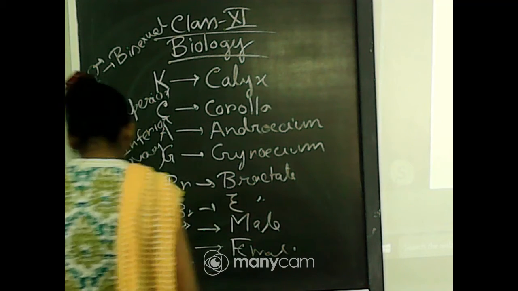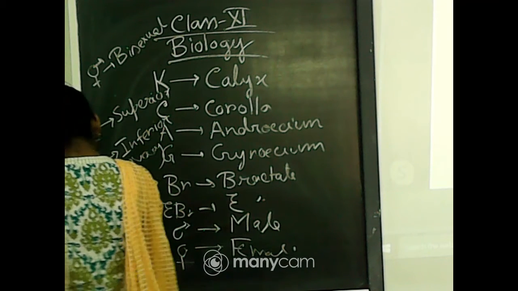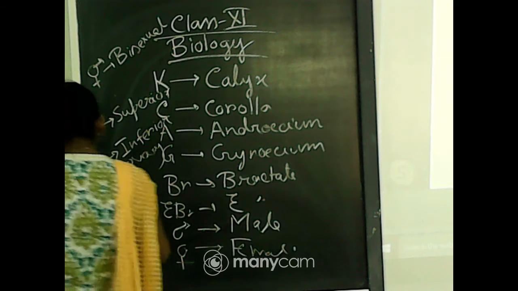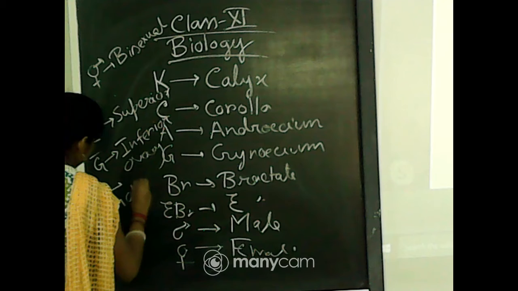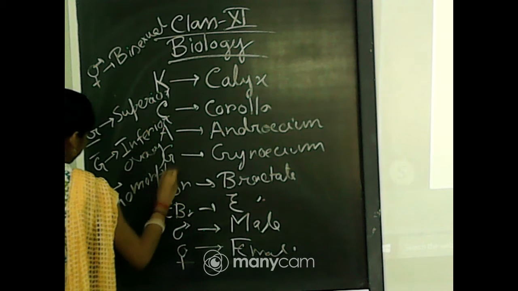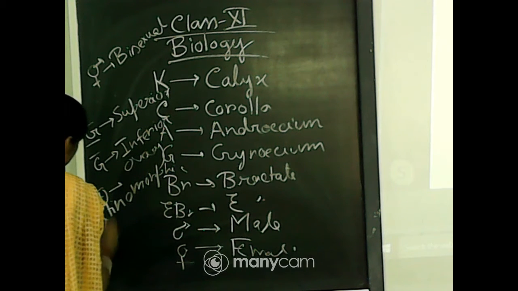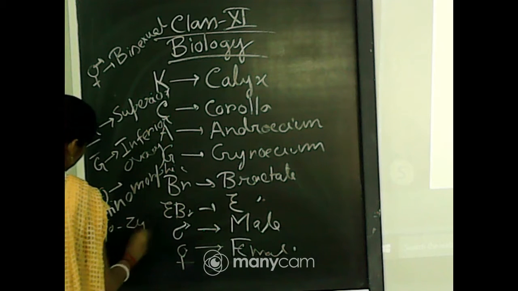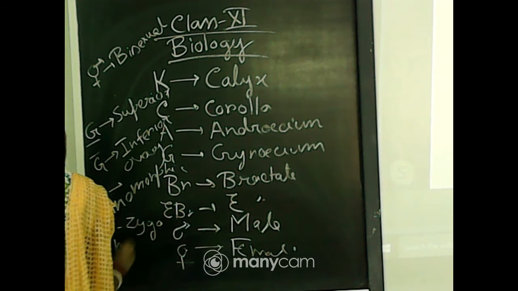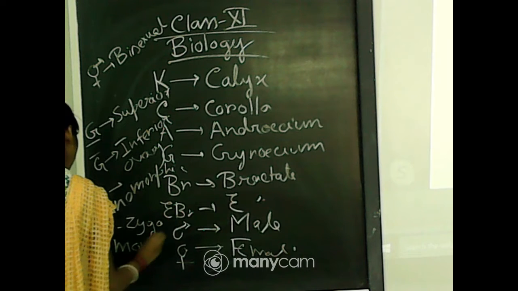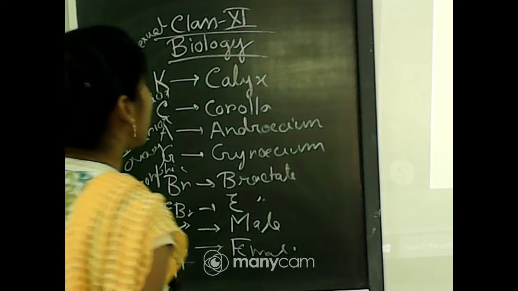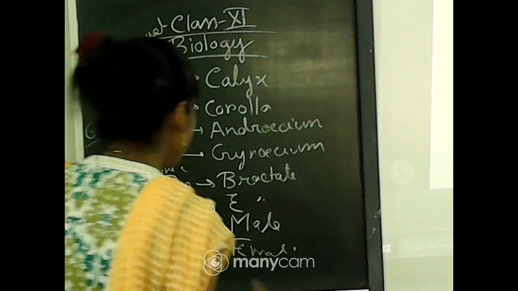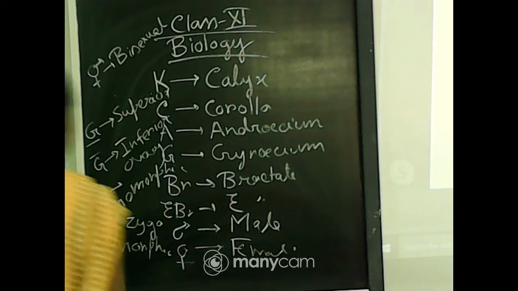And this sign is for symmetry, actinomorphic symmetry, and this sign is for zygomorphic symmetry. So by this we can denote the different floral parts, which is called a floral diagram,